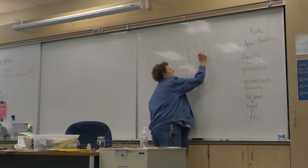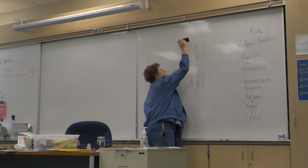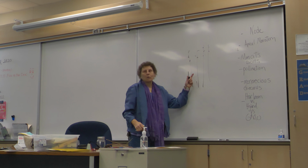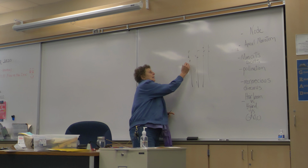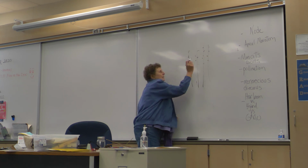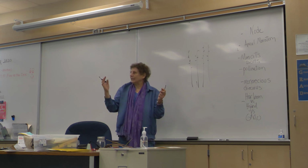And I said, no, I'm not doing that. So once you cut this node off, the top, the apical meristem, forgive me. You cut that off, now the hormone isn't there. They have to make a new beginning one. So while that isn't there, you start getting more leaves coming below that. So if you have a plant that gets really leggy and you don't have anything and it looks kind of